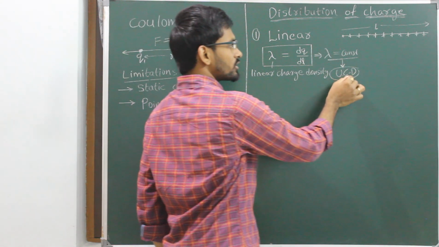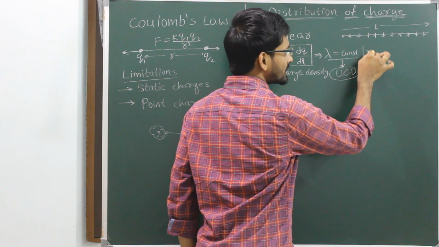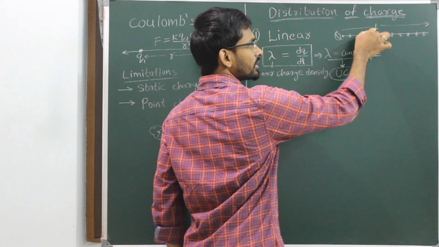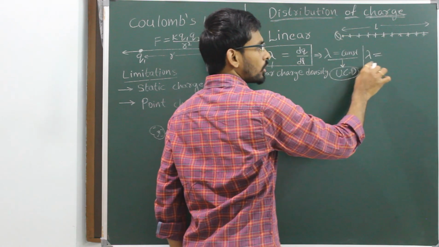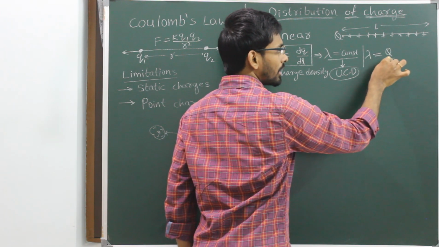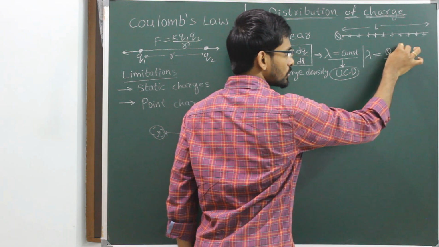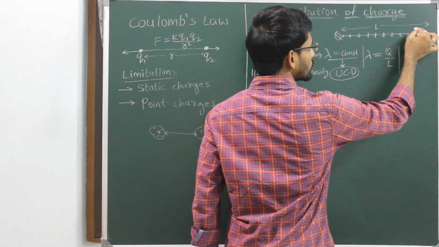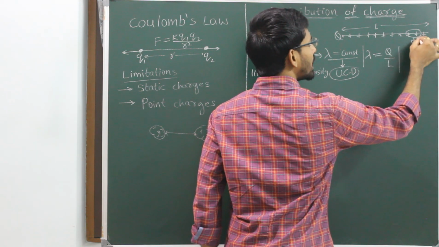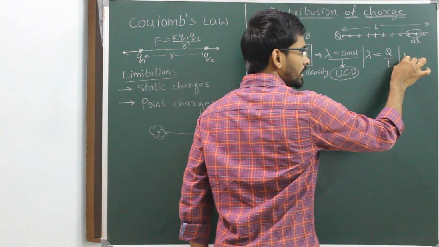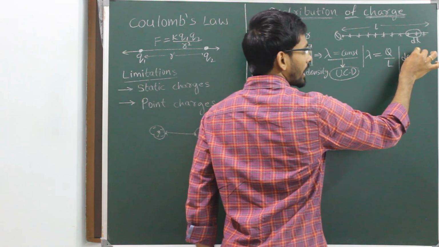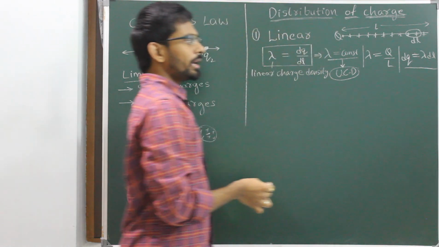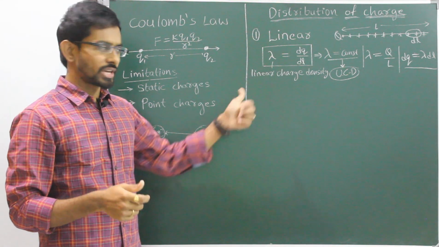In case of uniform charge distribution, we can write the lambda value as total charge. Let us say it is Q over this line and the length is L and it is uniform everywhere. So lambda will be equal to Q by L. Now once we have the linear charge density, we can find the charge on any part. For example, let us say we want the charge on this small part. Let us say its length is dl. Now you can find dq, the charge on this part, as lambda into dl. So this is how you can find the charge on any part in case of linear charge distribution.